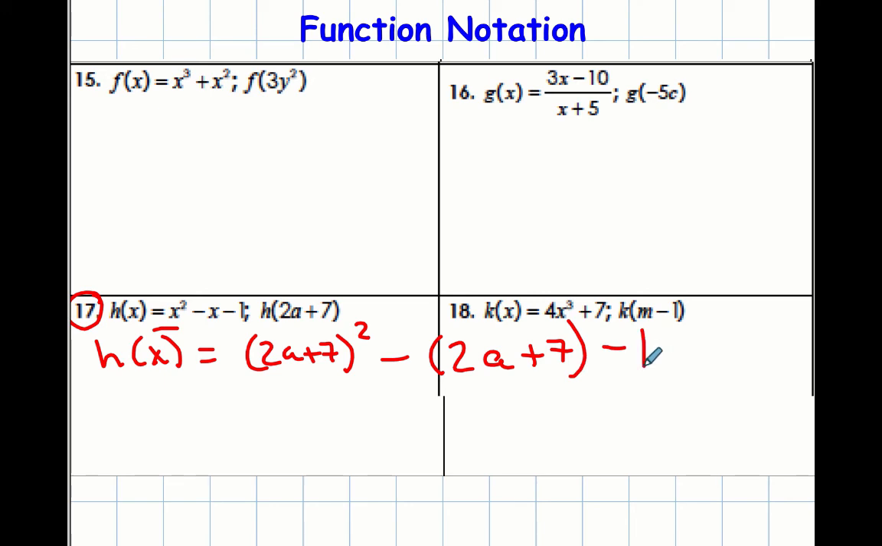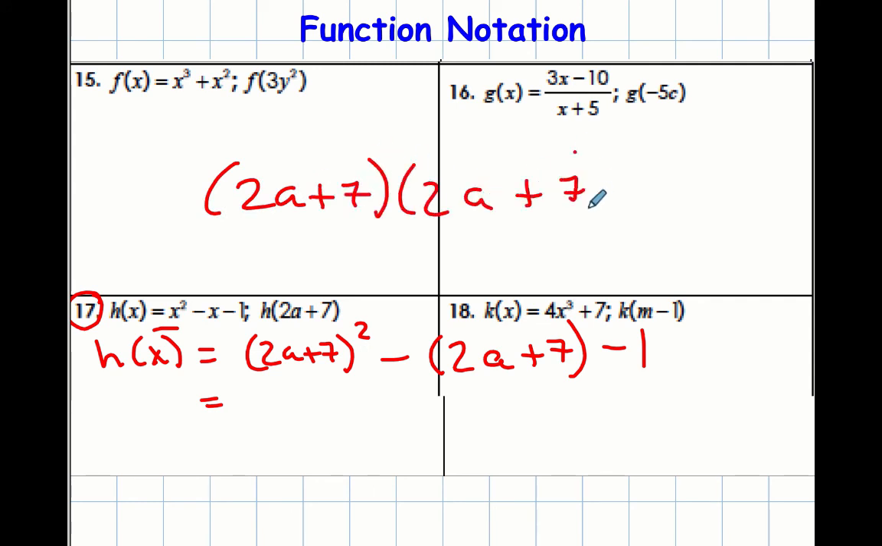Now, order of operations says I square, then I go ahead, distribute my minus sign, because it's like multiplying by negative 1 to that 2a plus 7, and then I combine like terms. So when I square 2a plus 7, remember it's 2a plus 7 times 2a plus 7. And so when I multiply that out, I get 4a squared plus